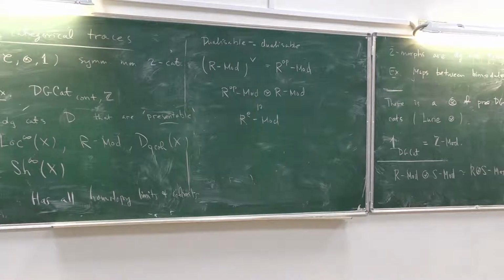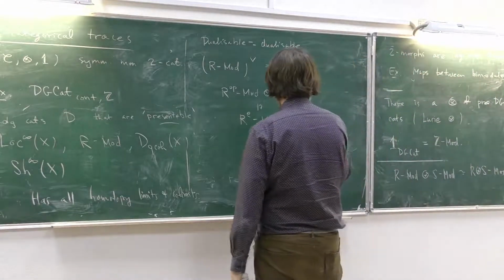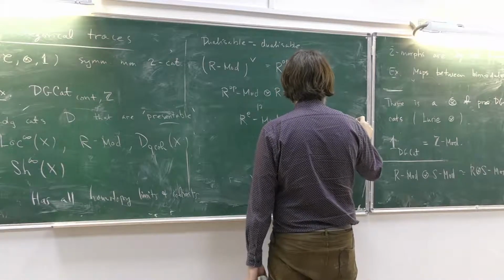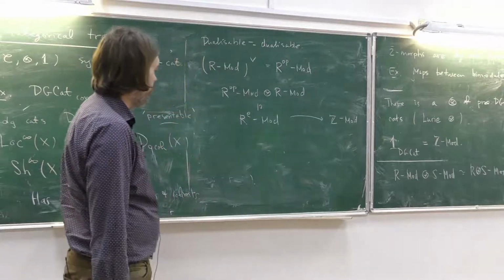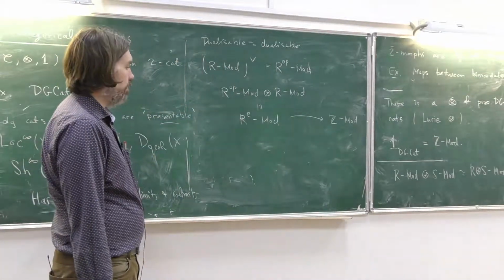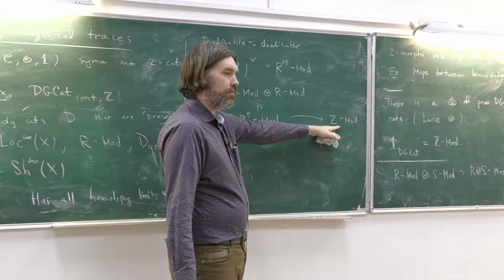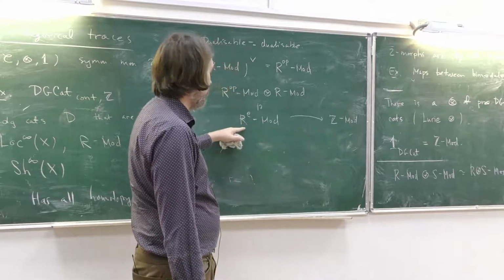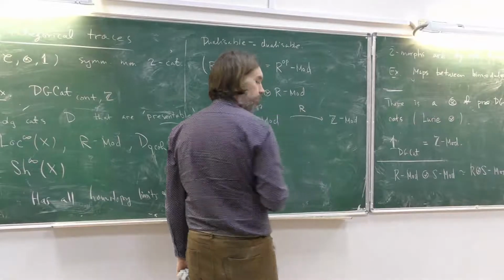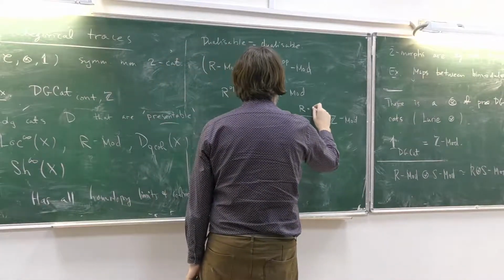And so the pairing, remember, continuous functors are given by bimodules. So I need to give you a bimodule. And I don't need to tell you what the action of Z is, there's only one, but I do need to tell you what the action of RE is. So I just have to give you a bimodule. And I take the diagonal bimodule. Okay, so that's going to be evaluation.